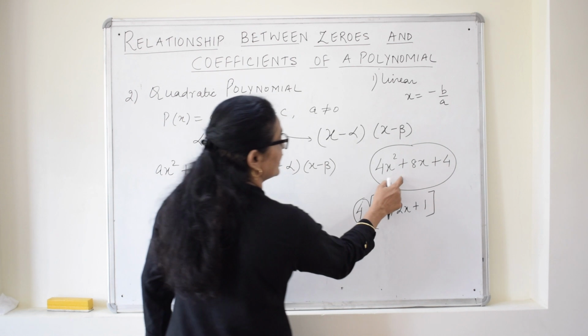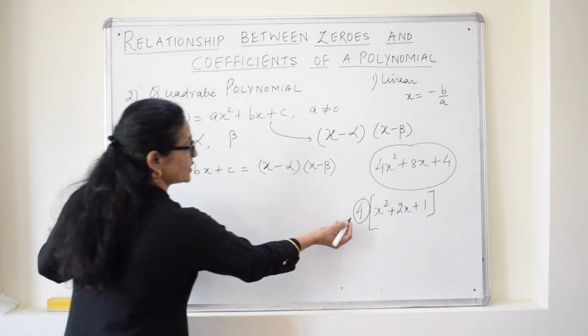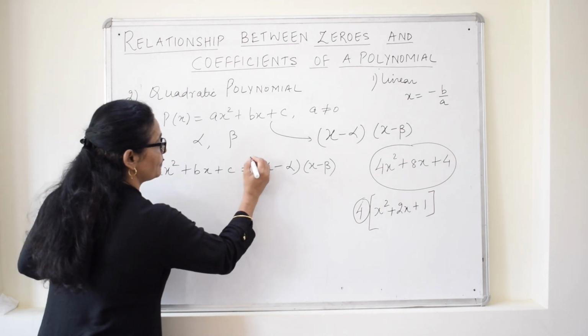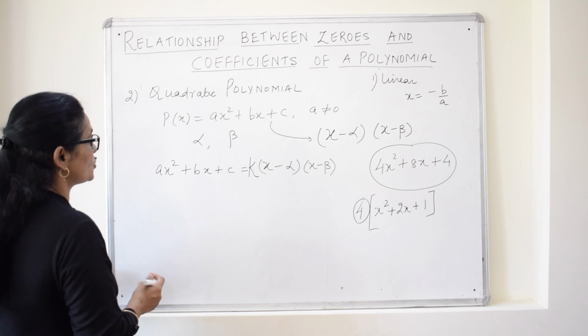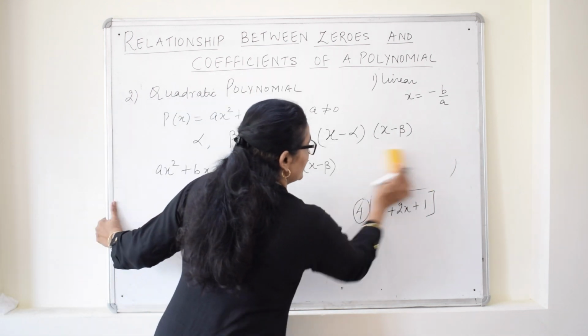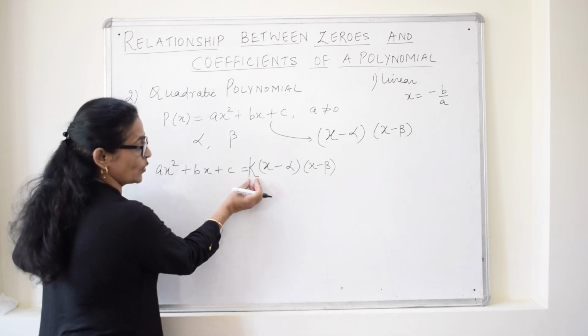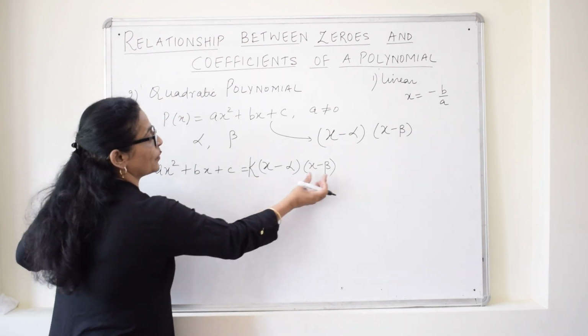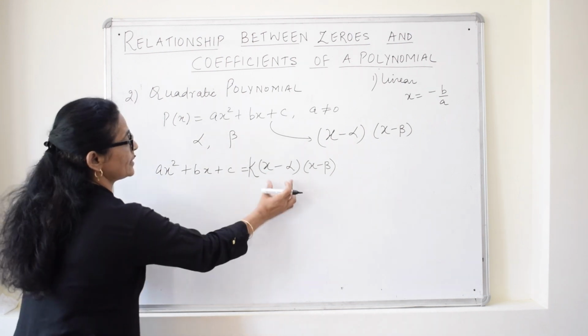In this specific case it is 4, but we do not know what it can be in general. So for this constant, we will introduce a constant k over here. Clear? So the quadratic polynomial can be written in the form of its factors as a constant into the product of its 2 factors. Now if we open this bracket